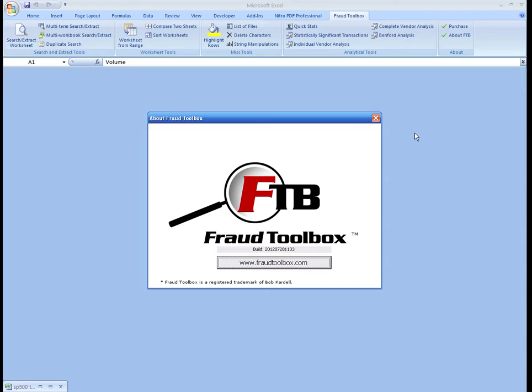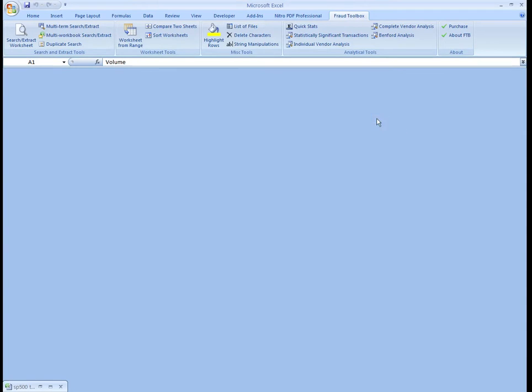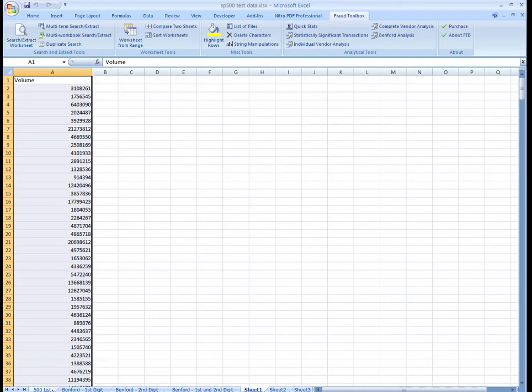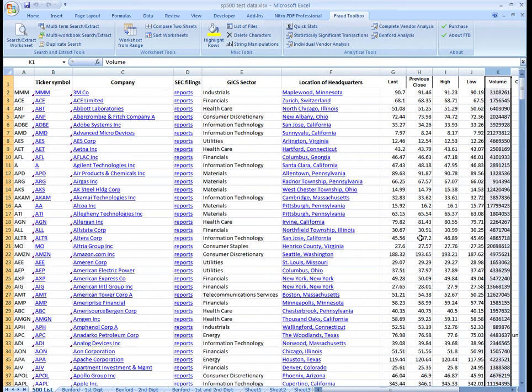Okay, what I wanted to talk briefly about today is an example of how the Benford Analysis macro, the Fraud Toolbox toolbar, can help you quickly identify suspicious transactions. What I've put together to highlight this is some S&P 500 data. I forget what day this was for. I downloaded it quite some time ago, but what I want to run the Benford's analysis on is this column